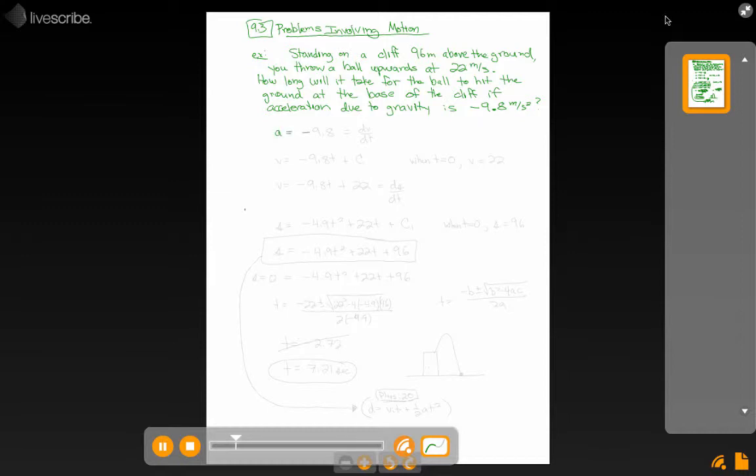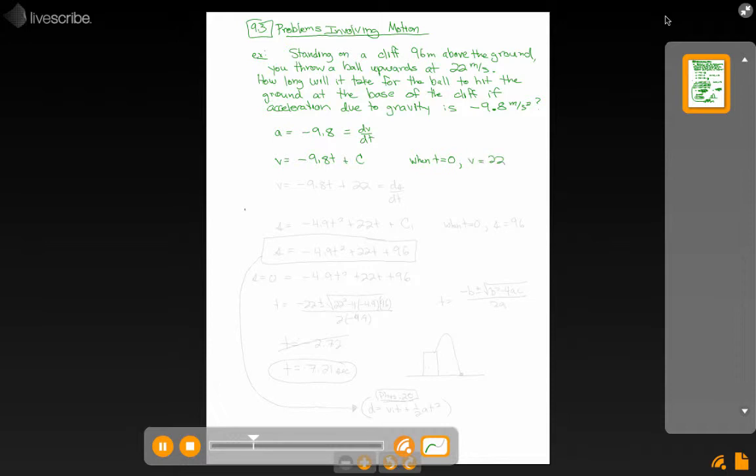We say acceleration equals negative 9.8. That's our acceleration function. It's a constant. If you know that to be dv by dt, you might realize right away that you could say v equals negative 9.8t plus some kind of a constant. But in this case, we can actually find the constant because when t equals 0, v equals positive 22